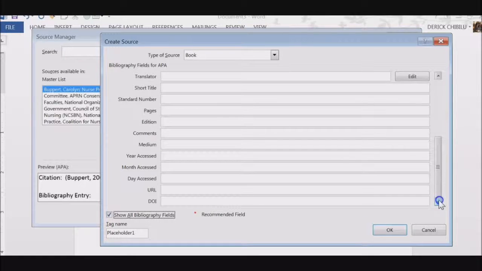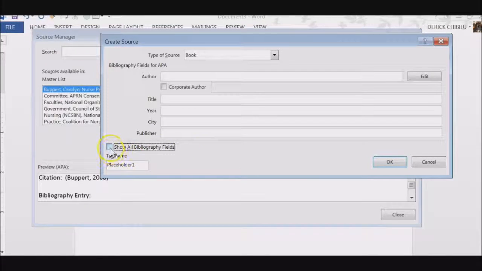All this information, the day it was accessed, the URL, the DOI, that's the document number, month accessed, year, the medium, the comments, the editions, and the pages. All these are there. So once you check this, if you don't need them, like this for the book, you don't check that, then you only have the fields that you need. Now what you do is right here you choose book, and then here you put in